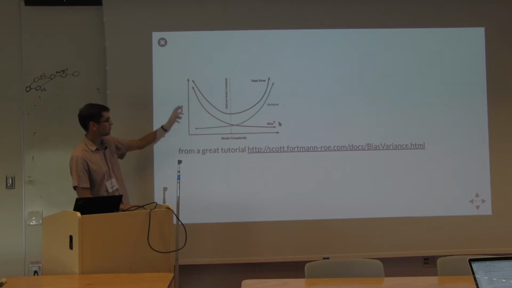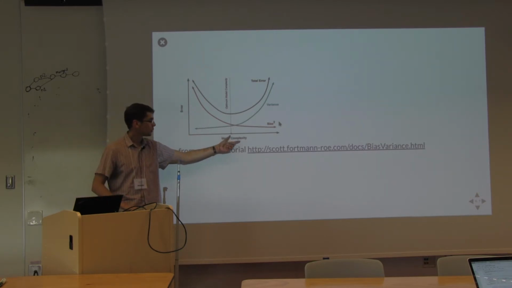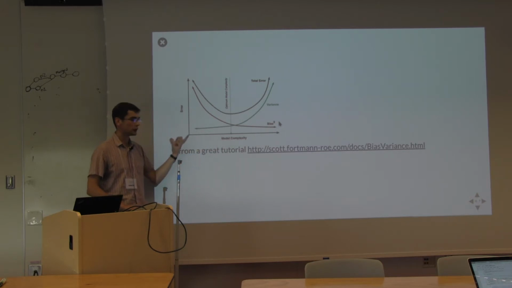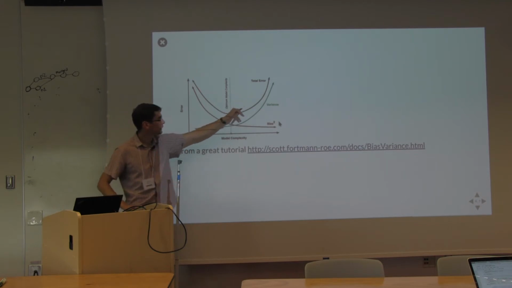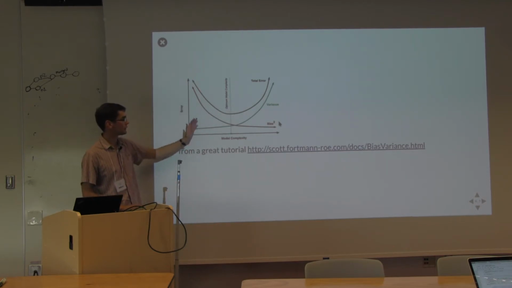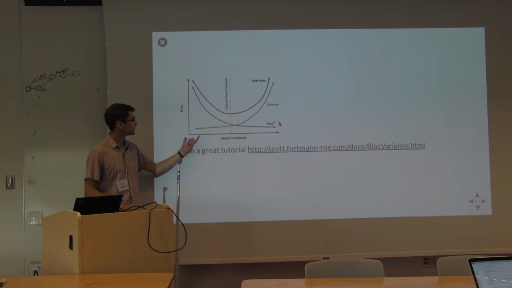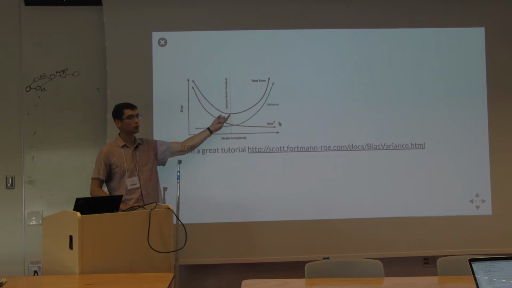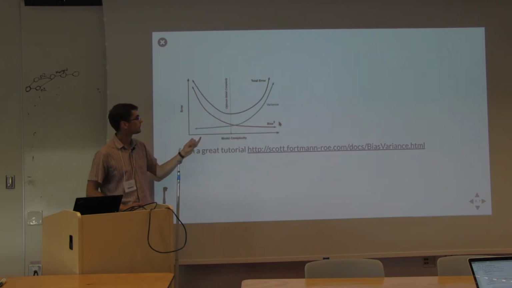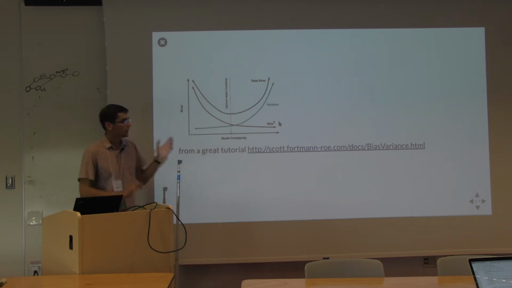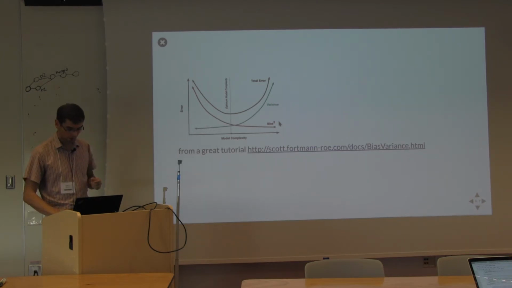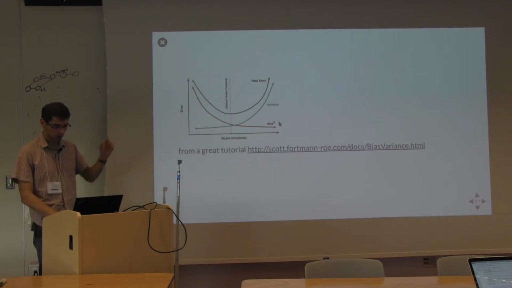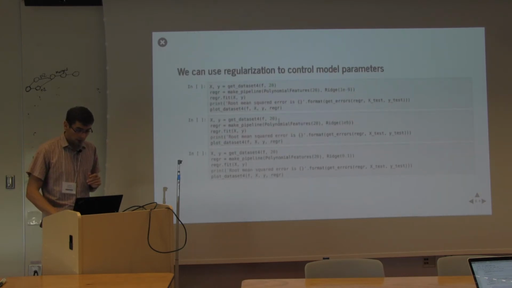But what's important for us is that we want to modify the complexity of our model to find this black arrow. It's the error on the test set. So we'd like to modify the complexity of our model to find the optimal error. Again, unfortunately, I don't have enough time to go deeper. I recommend this tutorial for this topic,